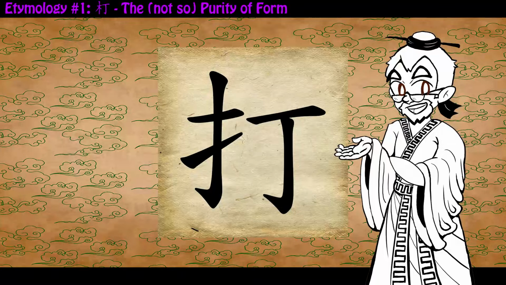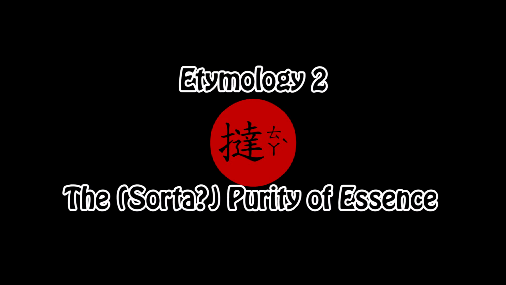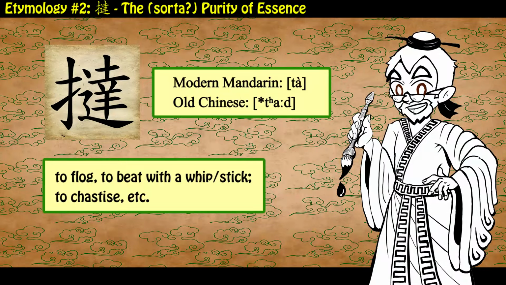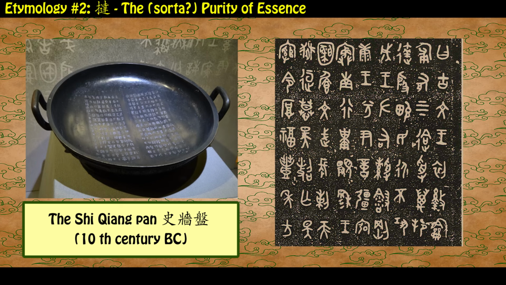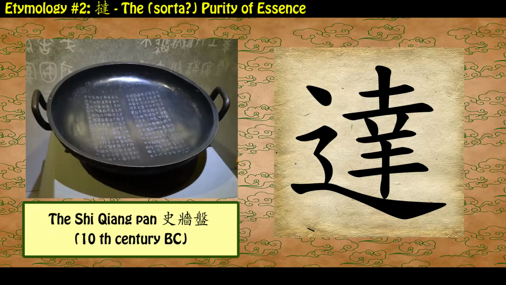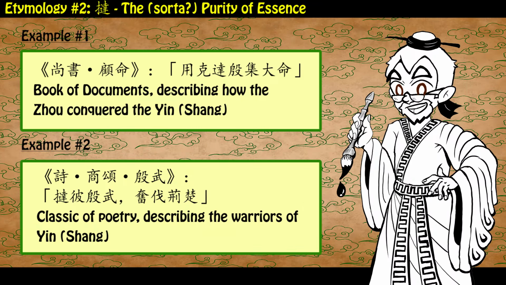Well, to see how we arrived at the modern reading, we gotta look at the second half of the family tree. The word Ta, to flog, to whip, to chastise, read as tad in Old Chinese, is attested on bronzeware from the Zhou dynasty, written phonetically as da, to reach, to arrive, to attain. In the bronze inscriptions, as well as the oldest texts, the word is used in the sense of to wage